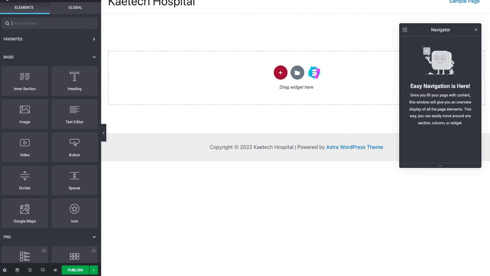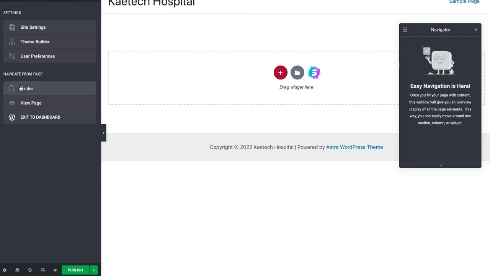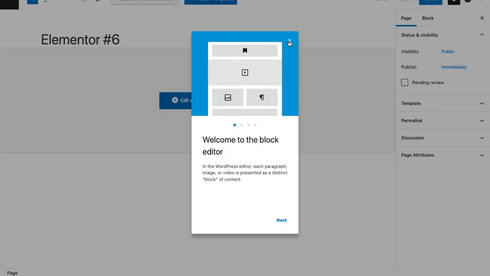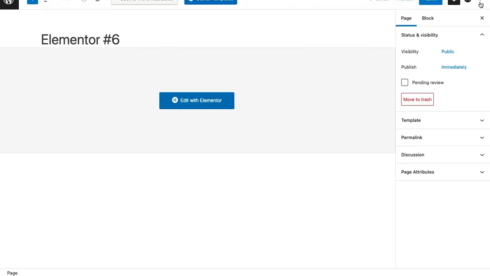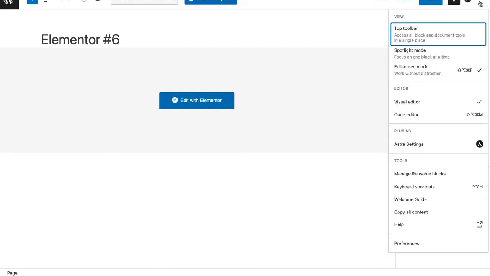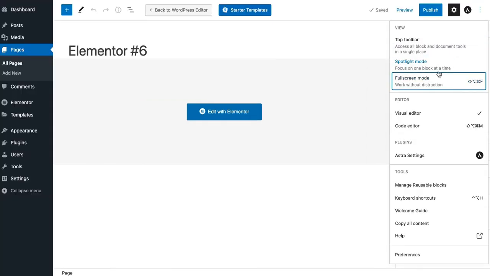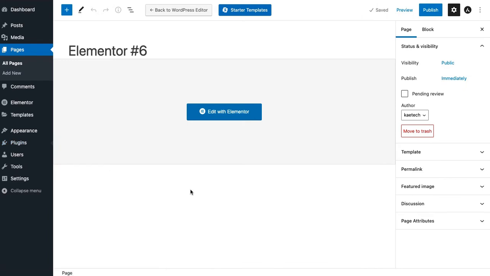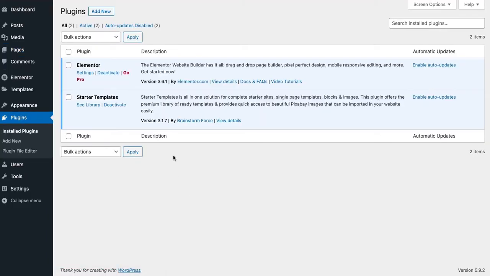So we go to here, and then what we need to do is to exit to dashboard. Okay, very good. So what we're going to do is click on these three dots over here, and then exit full mode. Okay, and then go back to plugins over here. Now let's see the plugins that we have installed. So far we have